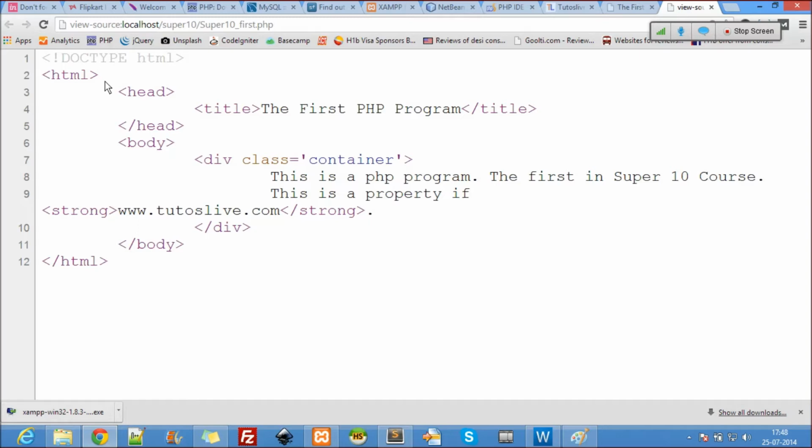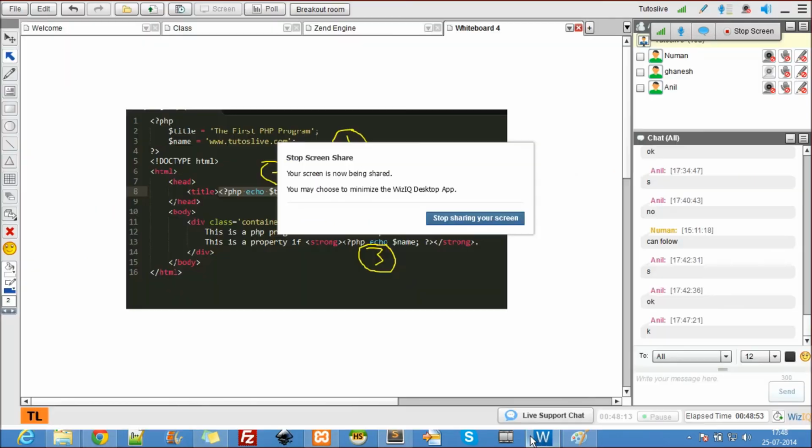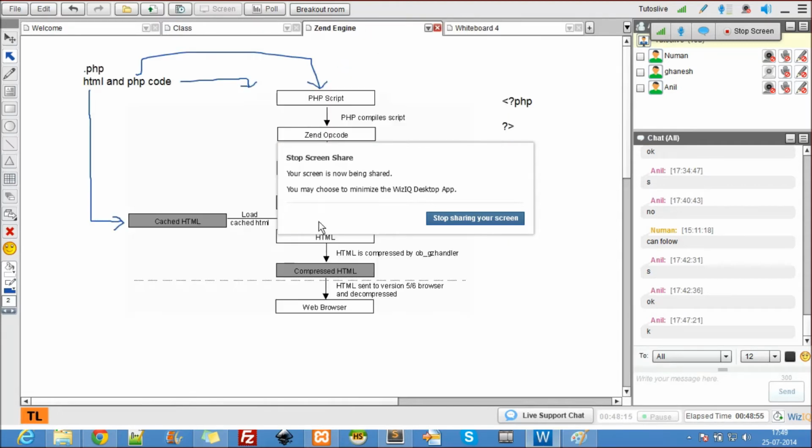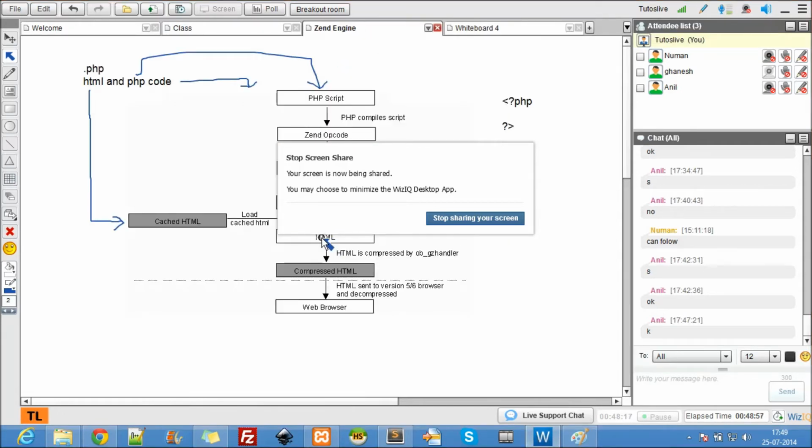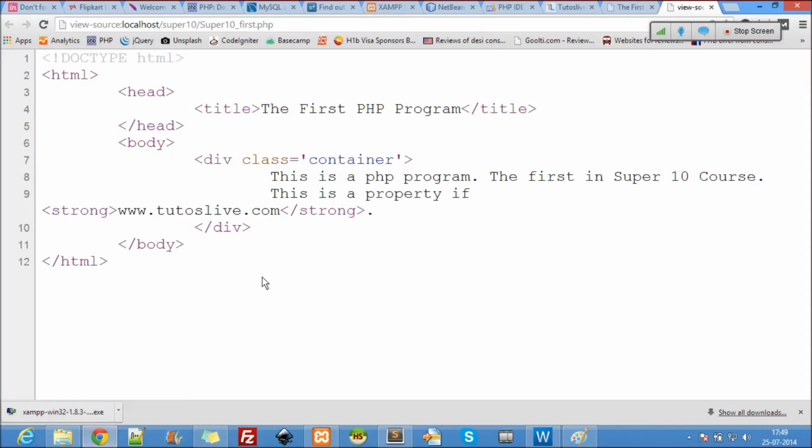Whatever is written between the less than symbol question mark PHP and question mark and greater than symbol, the browser cannot really understand. What it can really understand is a processed PHP code which is embedded back using the Zend engine. So it can only understand this particular code. So that's how the Zend engine works.